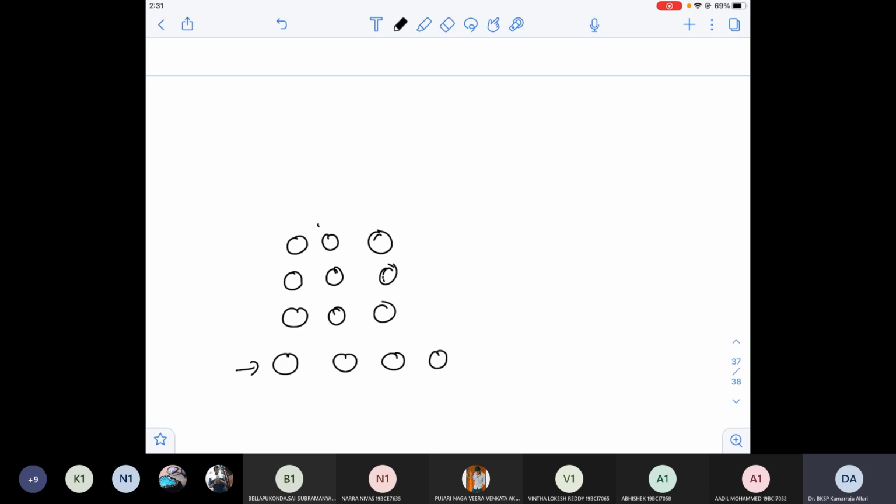Let me link the previous concept to the next concept. See, in a deep neural network, we have an input layer followed by a hidden layer, again followed by a hidden layer, again followed by a hidden layer, and it goes on like this. Finally, you will have the output layer, the softmax layer. This is basically a deep neural network.